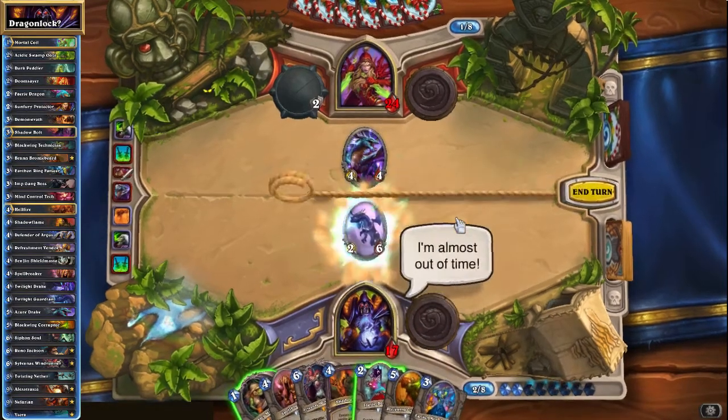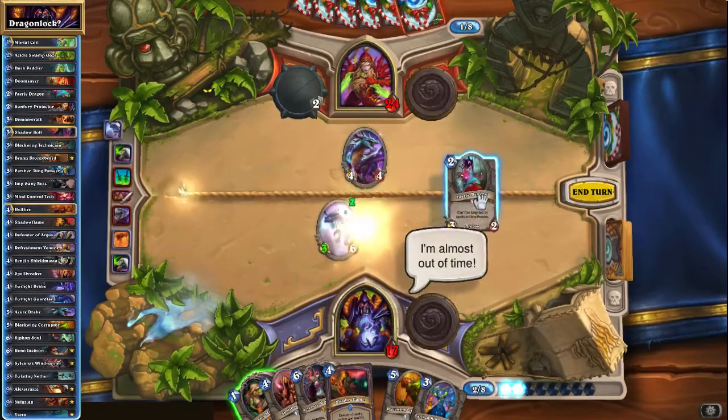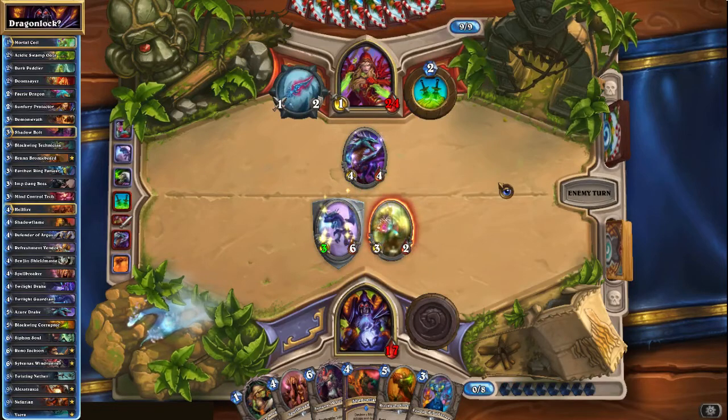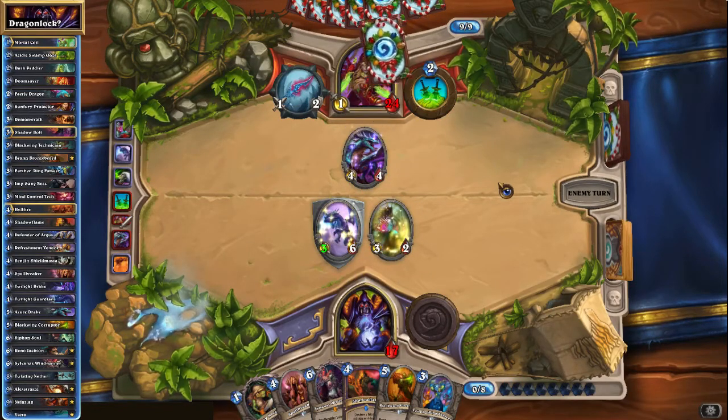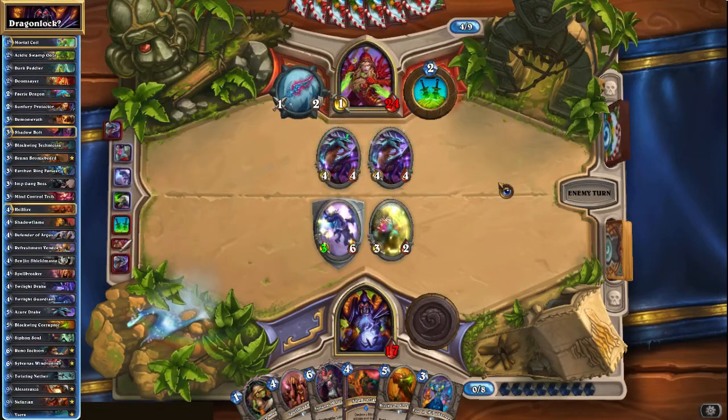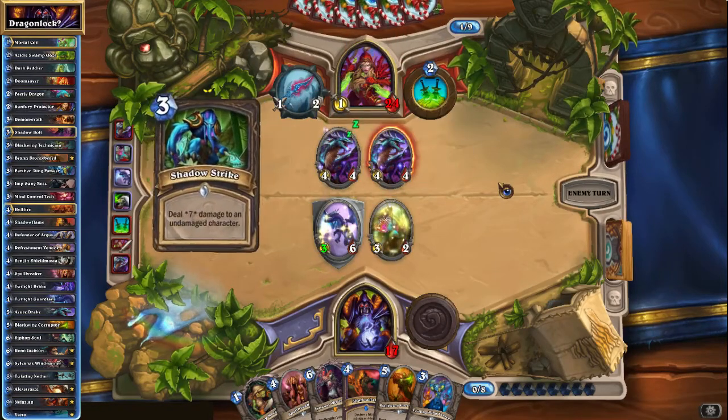How about I just play this one? There'll be more dragons. There will be more dragons. Let's just do it this way. We just have to have a little faith. She could sap that. That might be a thing that's gonna happen. But I can still, well...